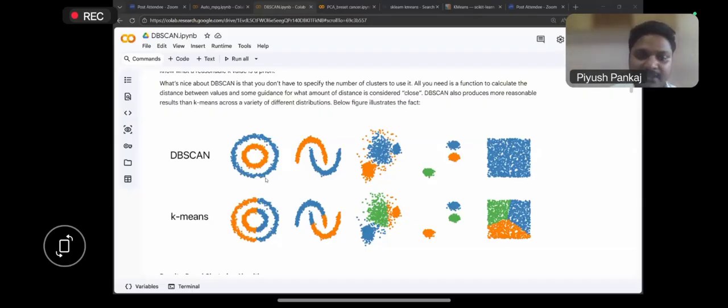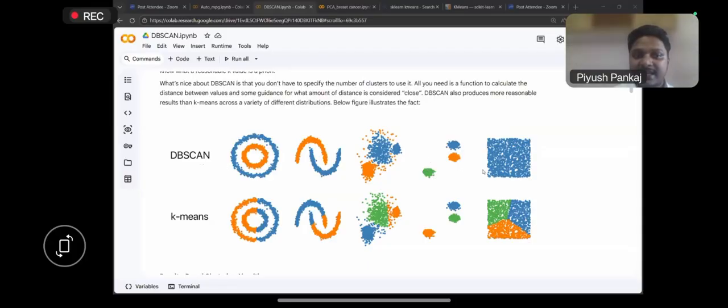But in K-means, as K-means is a centroid-based algorithm, it is working on centroids. The centroid could be anywhere, and whatever data points are near the centroid will be taken into that particular cluster. Now the thing is that this clustering is not well defined over here. It is not good. On the other hand, if you are going to have the clustering like this,